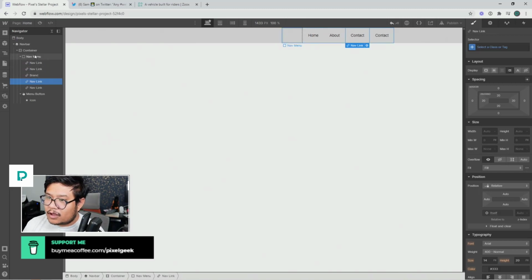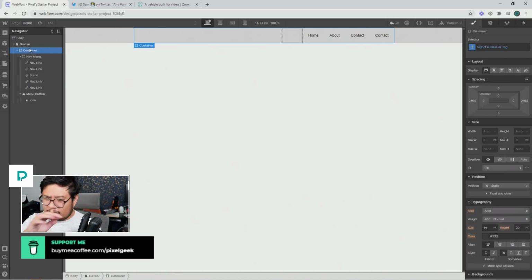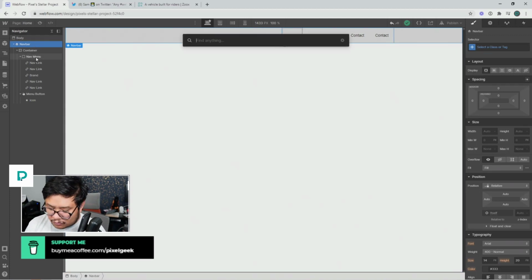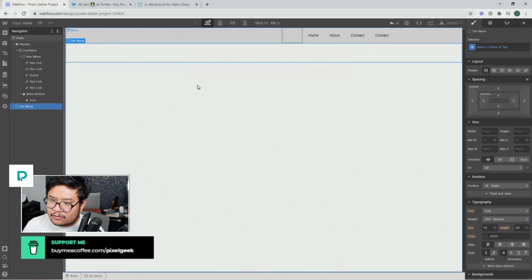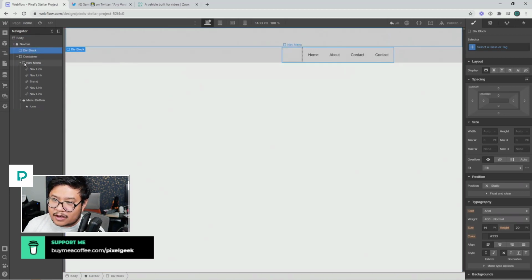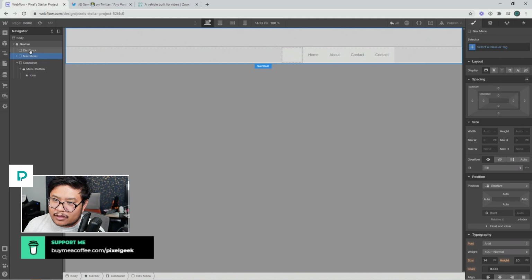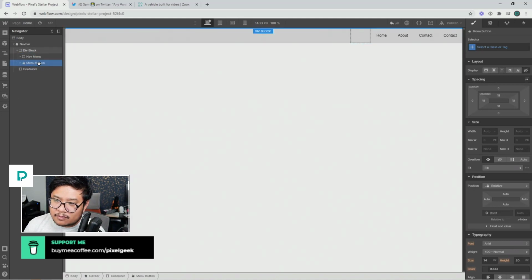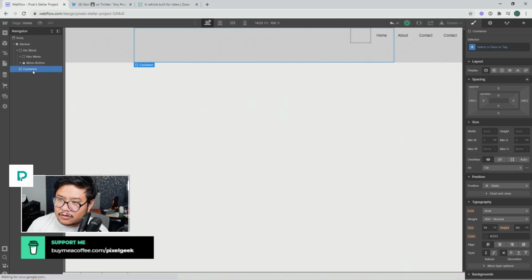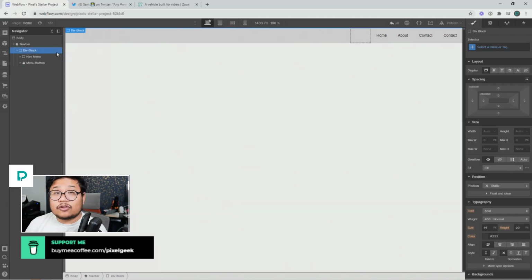All right, so now let's override some stuff. I don't like using the Webflow default container. I'm going to make my own div. So with navbar selected, Command E or Control E, type in div, and there we go. Drag that to the top, and this nav menu, I'm going to drag it inside of div block. Same thing with the menu button. That way I can take this old school container, delete it, and now I have full control over the width